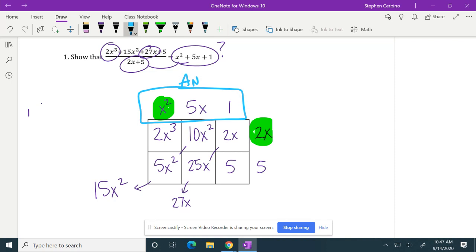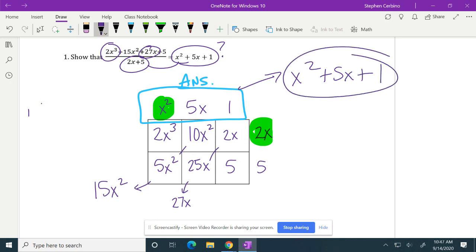This is the answer, or we call it the quotient, right? We know what the division problem is giving us as an answer. Now, I don't want to write it like that. I don't have any pluses or minuses in there. So I'd show my answer as x squared plus 5x plus 1, which we already knew because I already told